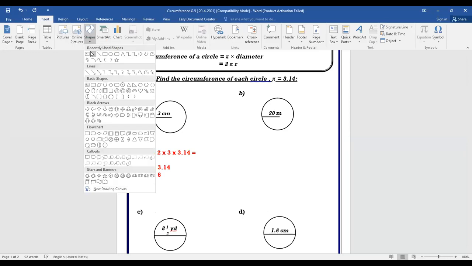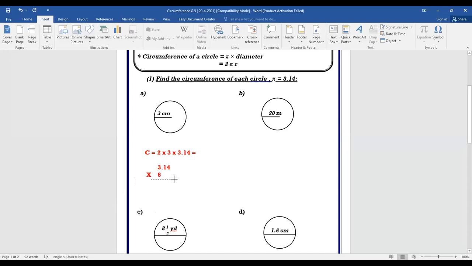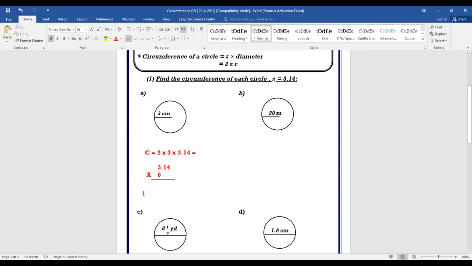6 multiplied by 4 is 24. 4, and carry up 2 over 1. Then 6 multiplied by 1 is 6, 6 plus 2 equals 8. And then 6 multiplied by 3 equals 18. 18. Decimal point, guys, here after 2 digits. We put it after 2 digits. Then the result here will be